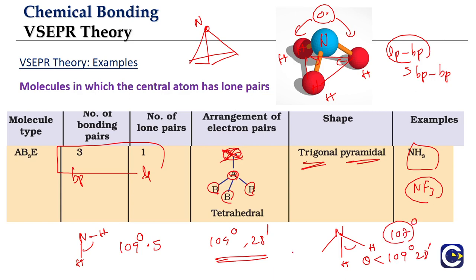So why the decrease in bond angle? Because the lone pair bond pair repulsions are more dominating than the bond pair repulsions. They will distort the bond angle. So this is what we're talking about, the distortion of the bond angle. Both ammonia as well as NF3 are examples of the trigonal pyramidal shape. And the type of molecule we can take it as is AB3E, means central atom A is bonded to 3 atoms B, and 1 lone pair is there on the central atom. So this is about the shape of ammonia and NF3 type of molecules.